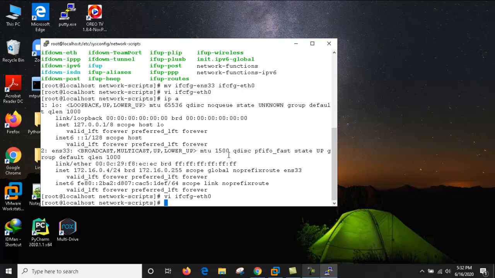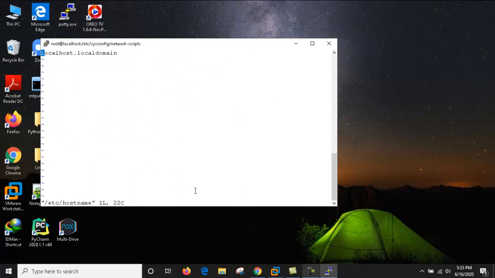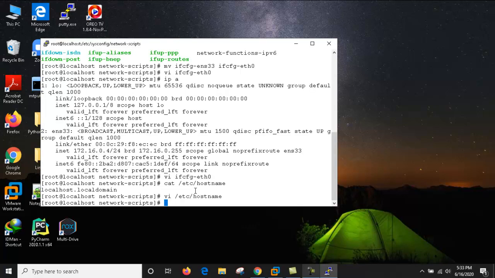Before the reboot, I will show you how to change the hostname in CentOS through a file. Here the hostname file is there. You can change the hostname directly through this file. We can use a command as well, or change it directly from this file. For example, I'm giving test server here. So let me make it. Okay, I have done it. So let me reboot the server.